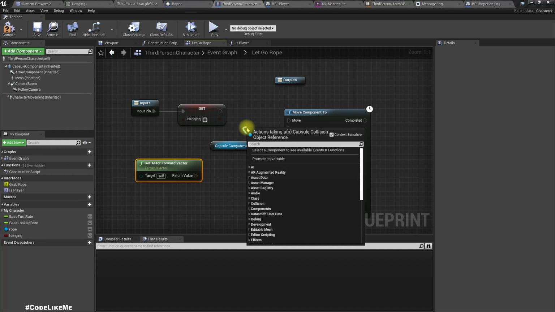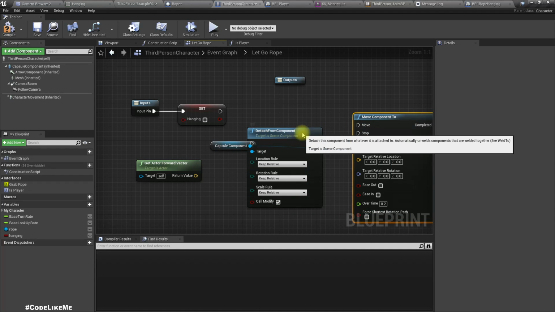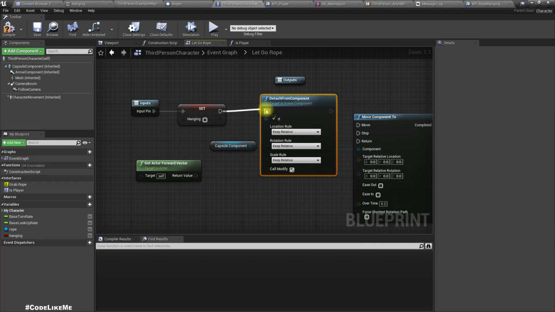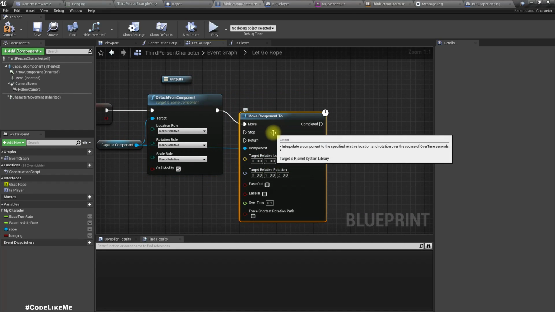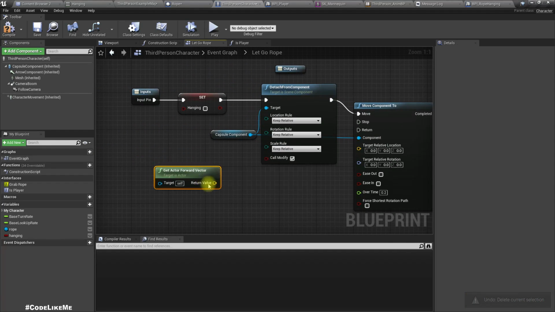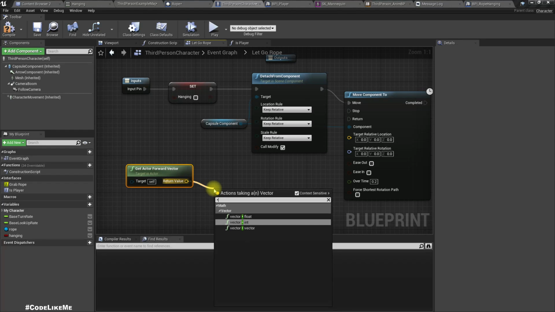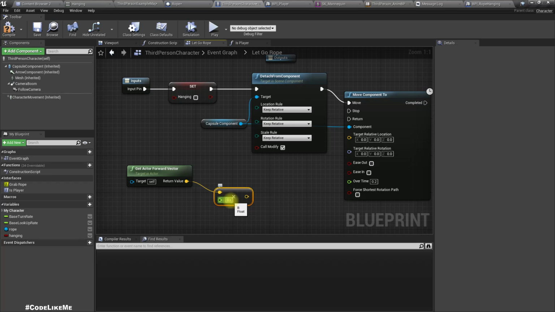First I have to detach this from parent, then yeah, let's do this part. No, we can't do that part later, we have to do it now. Get the forward vector and multiply by 300,